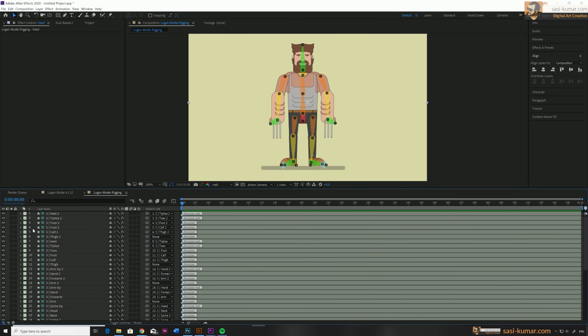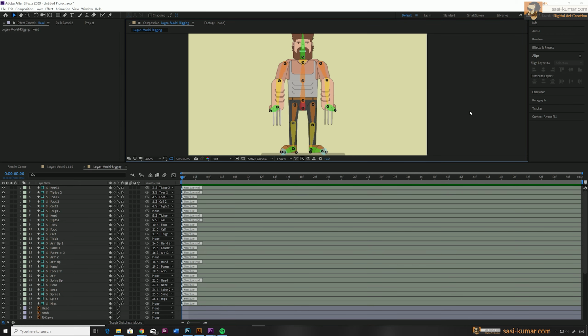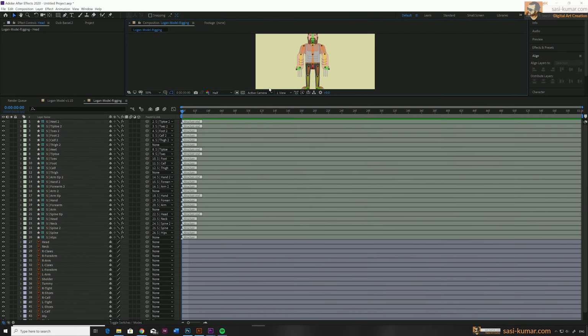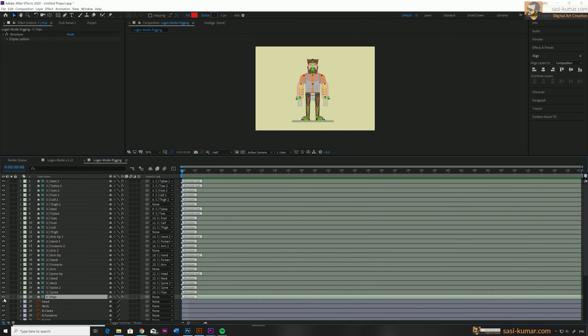Alright, so the placement is done. Now if you go into the timeline, you will see all the bone structure in here. You can easily identify it with the S prefix in front of the components. Also, we have our layers below, which we have divided in Illustrator. As I was telling you earlier, this animation is going to be a rigid animation. You won't see any bendings in the character like a real character animation. We will do that in the next tutorial, but this is going to be a very rigid animation.